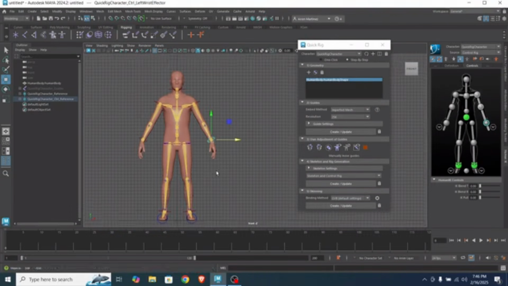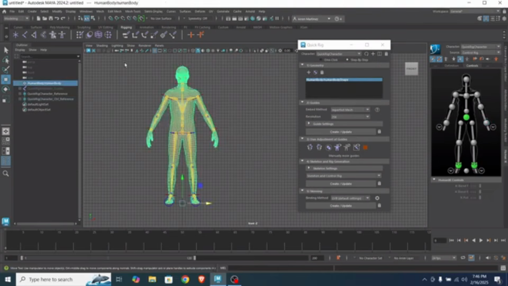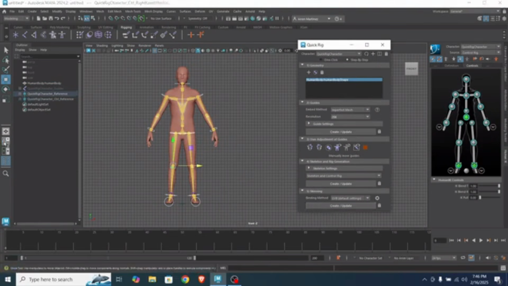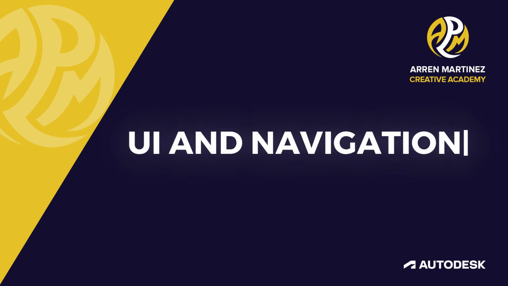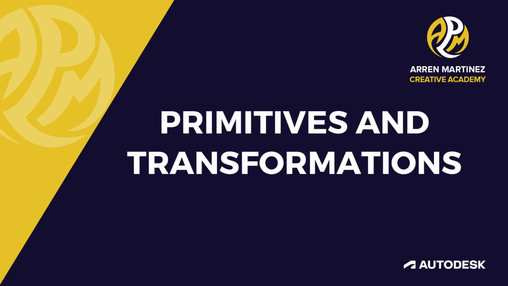So, what will be our outline for this webinar? First, we will introduce the UI and navigation. After we learn it, we will focus on the primitives and transformations.